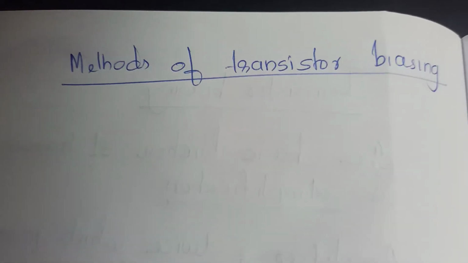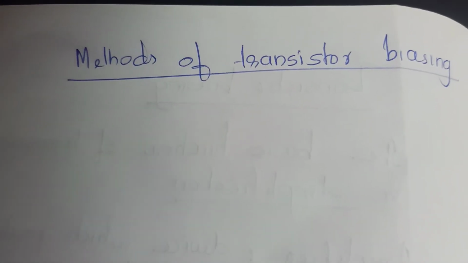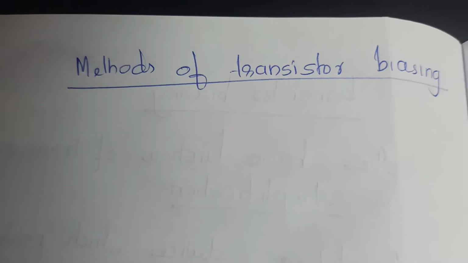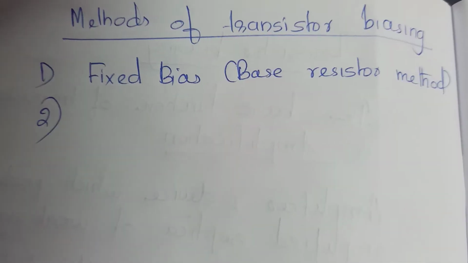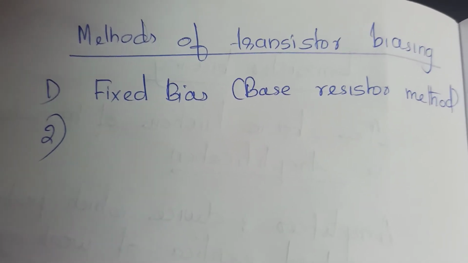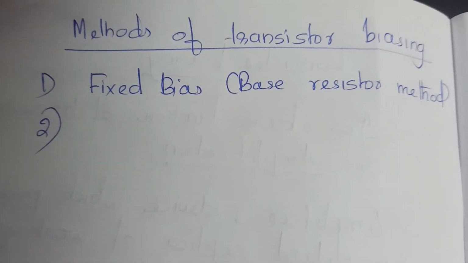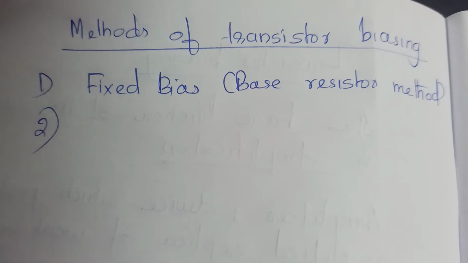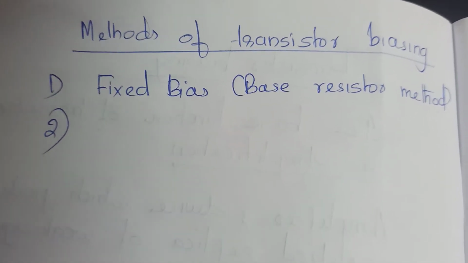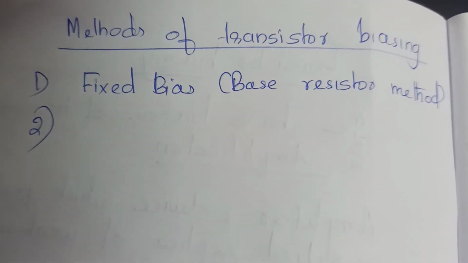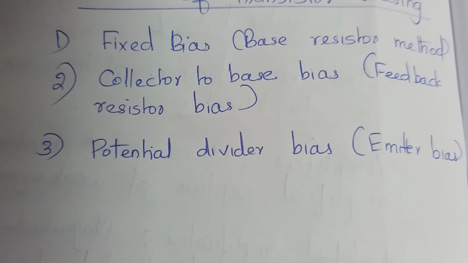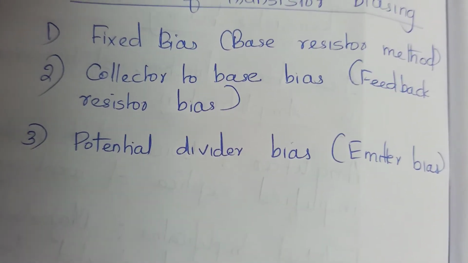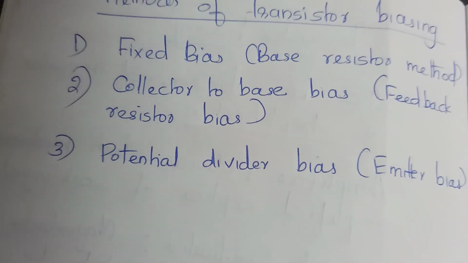Methods of transistor biasing. The three major biasing circuits are: first, the fixed bias or base resistor method; second, the collector to base bias, that is the feedback resistor bias; and third, and the most important bias, is the potential divider bias. The third one is the potential divider bias, which is the most important biasing, because